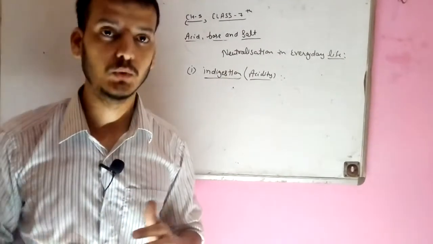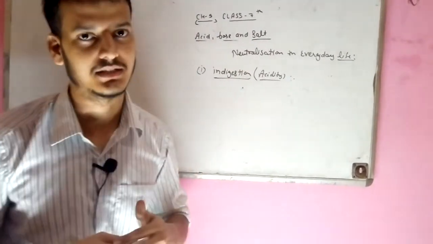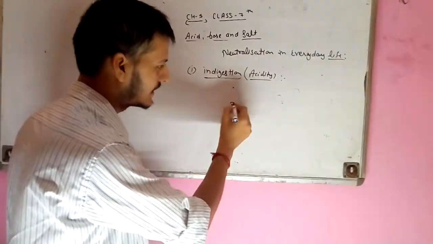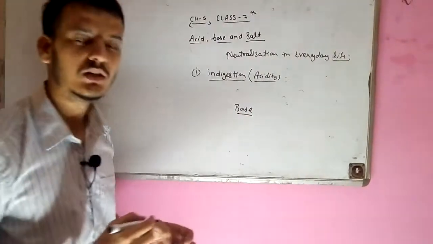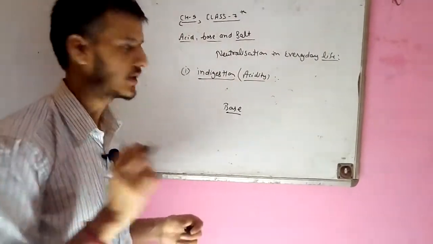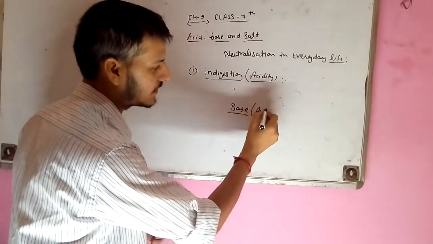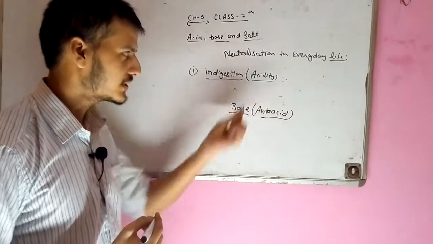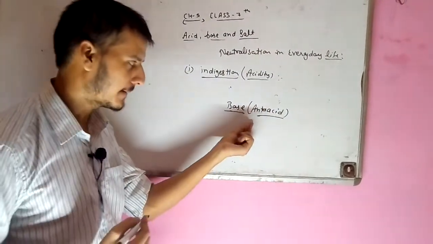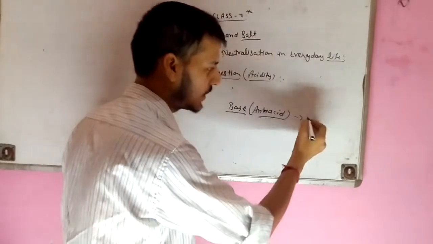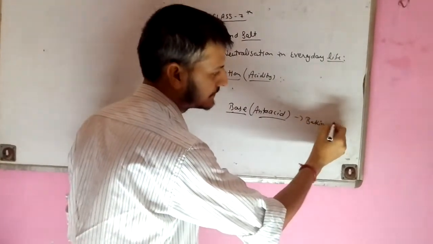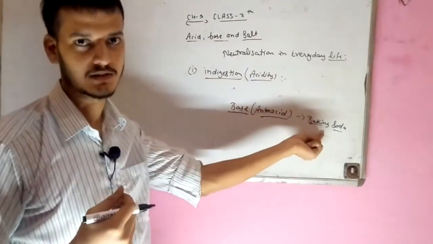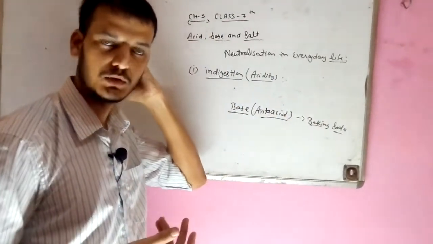Then what will we do to cure this situation? Definitely the acidic strength has increased. So we will use a base just to neutralize it, and we also call the base an antacid. Okay, antacid is also known as the base. To neutralize the acidity in our stomach, we will use a generally common base, baking soda. Baking soda is an edible substance. So we can generally use baking soda.